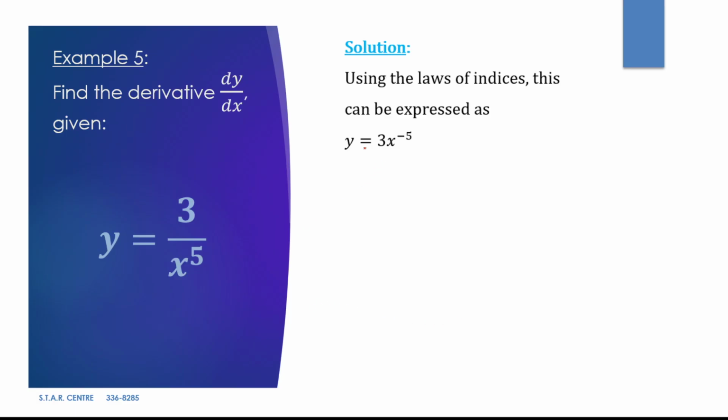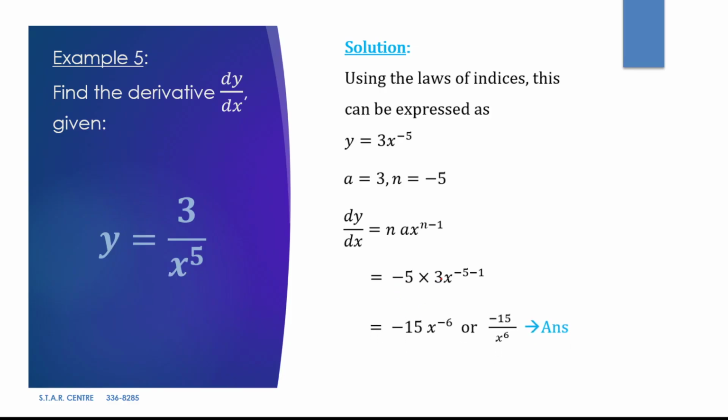So we know that 1 over x to the power of n, from laws of indices, equals x to the power of minus n. So 3 over x to the power of 5 is equal to 3x to the power of negative 5. And now that we have it in this form, we can directly use the power rule. So identifying the values of a and n, so that's 3 and minus 5, and then substituting into dy dx, we will get